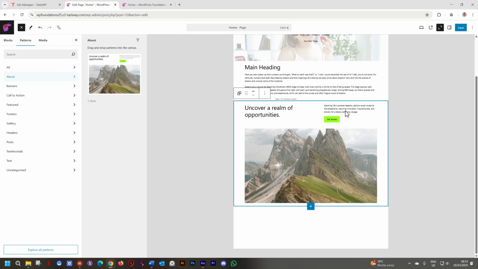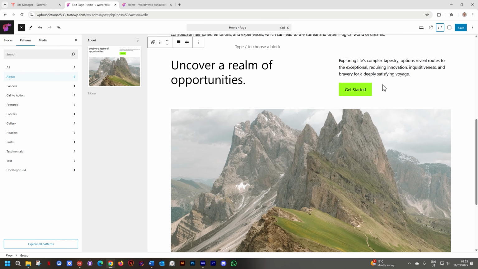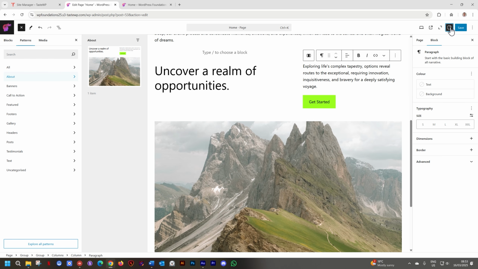But there's something strange going on here. I cannot edit. I don't see the inspector. What has happened here? What has happened is that it's giving us this bird's eye view here in the top. It's zoomed out so we can see how the pattern will look on this page. To get out of this, go to the top and uncheck zoom out and you go back to your page. And now you can start editing. If you don't see the settings on the right, select this little panel for the settings and your settings are back.